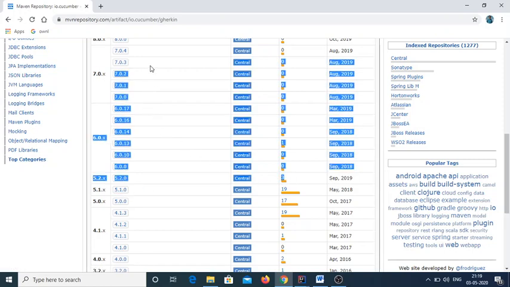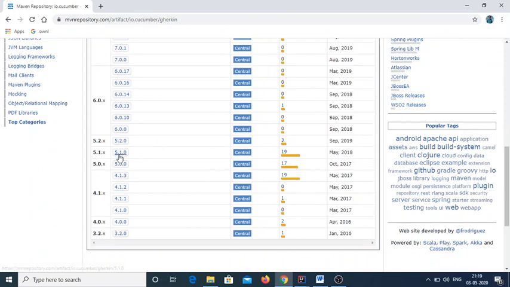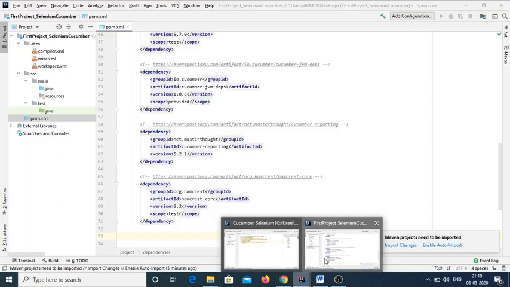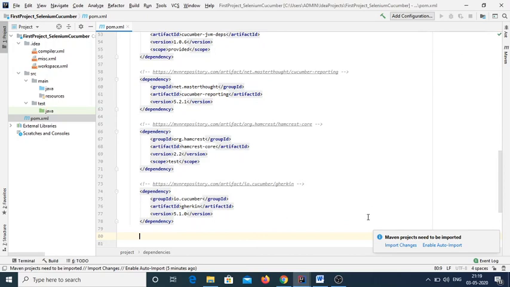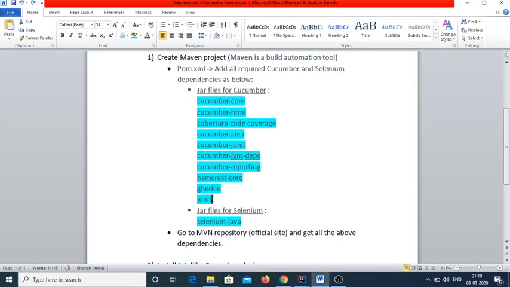After that, whatever the versions from 5.2.0 up to here, they are not tested thoroughly. So take this one. Just copy this. Please note this point for Gherkin keyword. For the rest, take the latest one. Just check the usage and then take the decision.